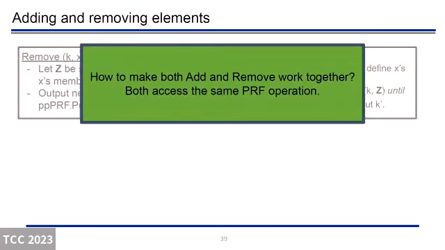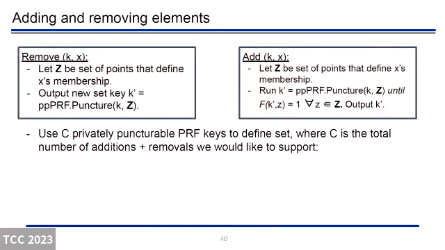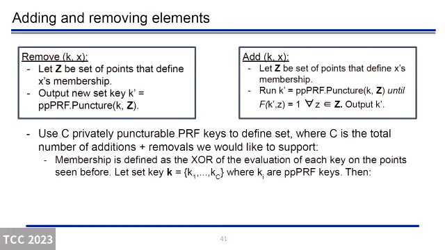Cool. So what's left to show is we have shown how to either add an element to the set, or remove an element from the set. But we do not know how to make these work together or to make this work for many times. And the idea here is quite simple. We just use C of these privately punctured PRF keys, and we define our set just slightly differently, where membership